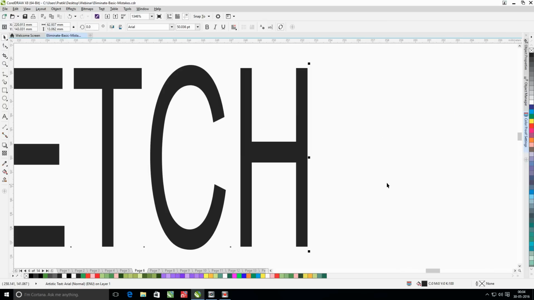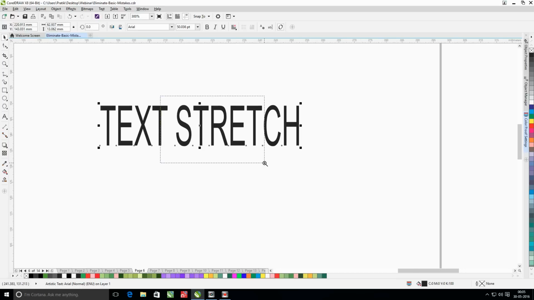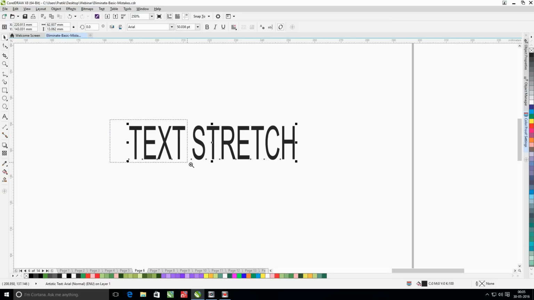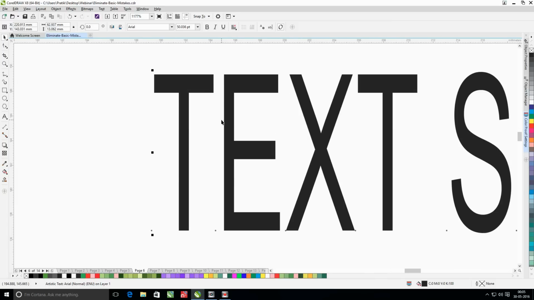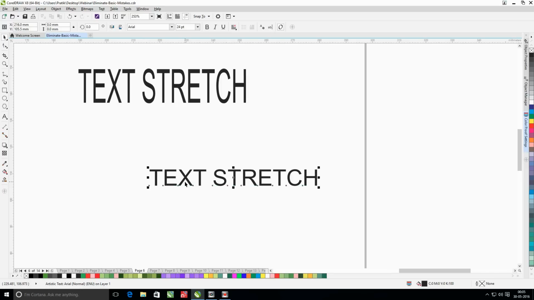As you can see here, there is a shift in the height and the width of this character, so it does not look good, or does not look professional, I would say, in your design. So what if you want to use such long elongated text in your design? There are specific fonts designed for this purpose.